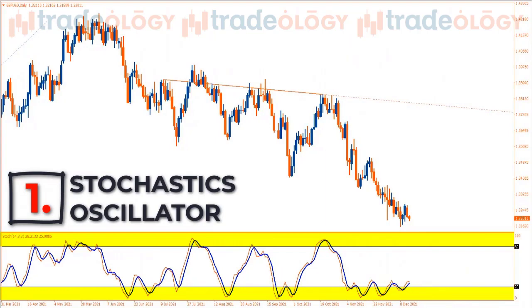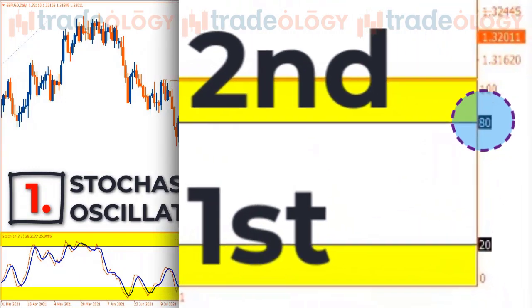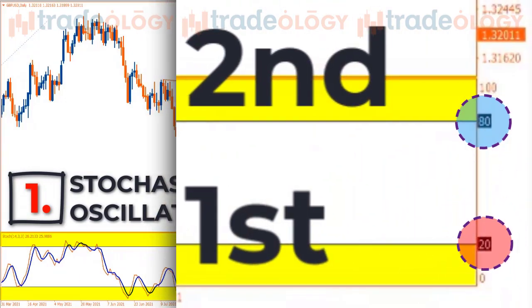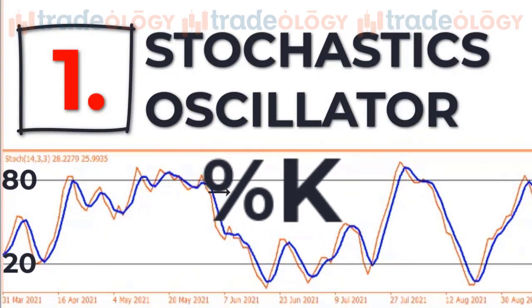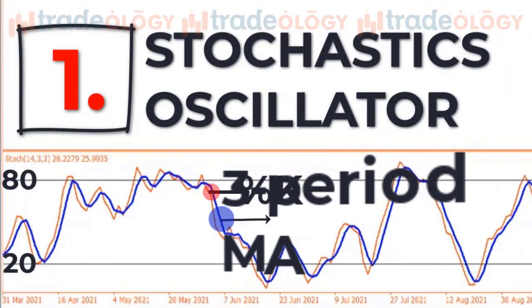Classically, stochastic oscillators are represented by two moving curves that move between two levels. Usually, these are 80% and 20%. The solid red line in the stochastic oscillator is called %K, and the blue line is the 3-period moving average